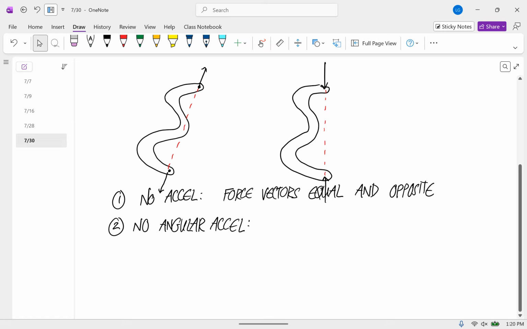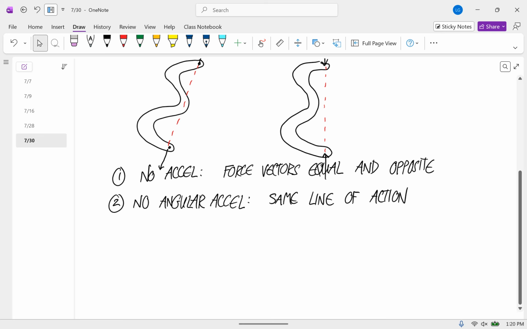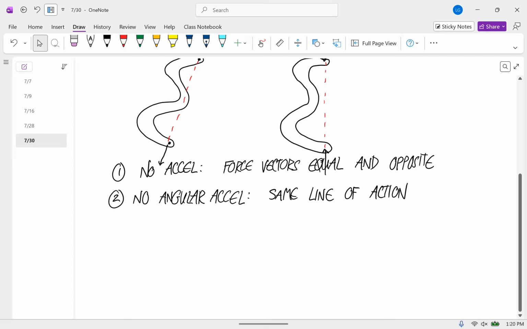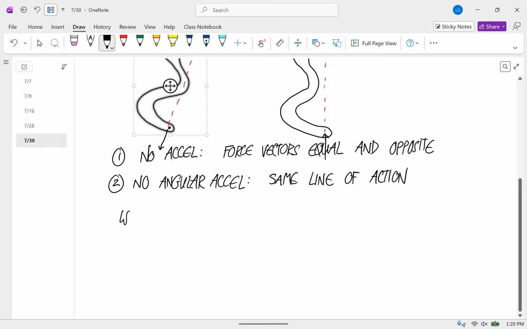Okay, so let me finish writing the text. No angular acceleration requires that these have the same line of action. In other words, they're equal and opposite, and the two forces are either pointing exactly towards each other or exactly away from each other. What's required in a structure for the members to have this? So what this means in a structure is